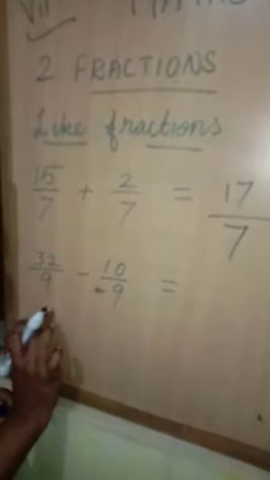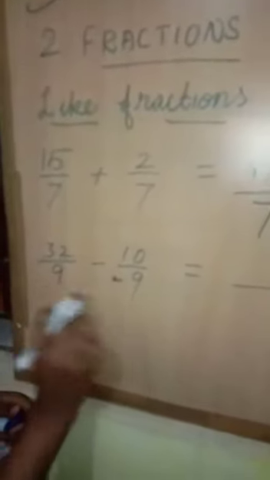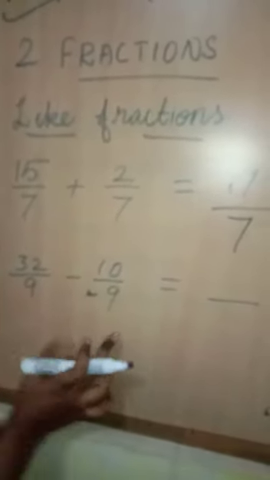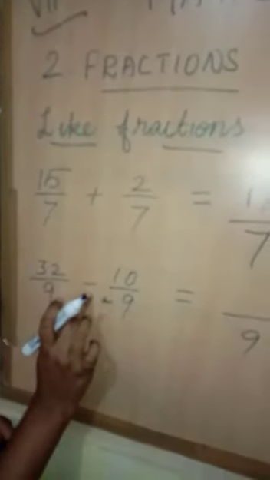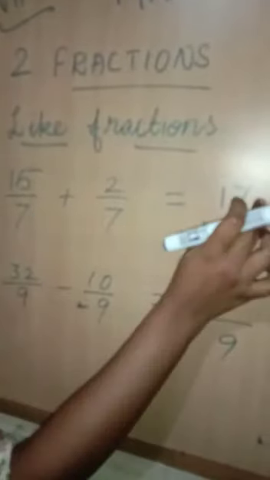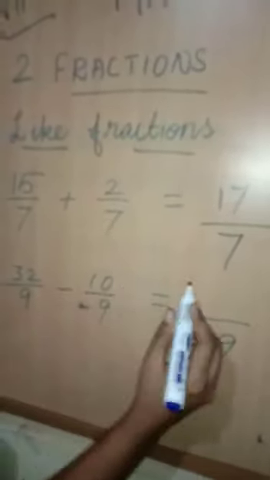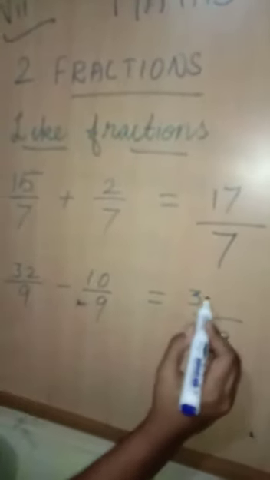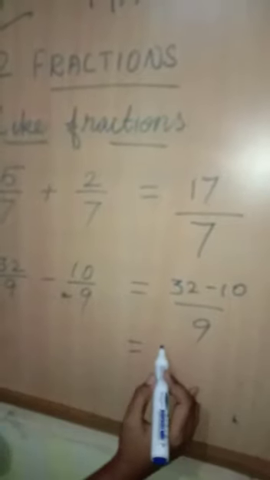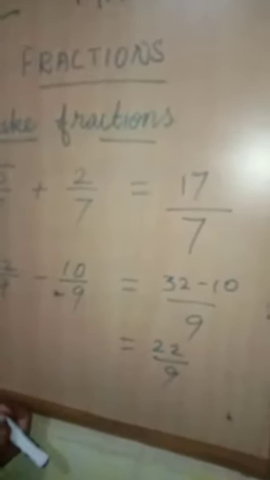Next is subtraction. Here also we have the same number. What number do we have in both fractions? 9 only is there. Same denominator. So in that case also, the same denominator you just write in the denominator. Then here between the 32 and 10, what symbol do we have? The minus symbol is there. So minus means we have to subtract. Plus means we have added. Minus means we have to subtract. Subtract 10 from 32. We can write that as 32 minus 10. 32 minus 10 is nothing but 22 by 9.